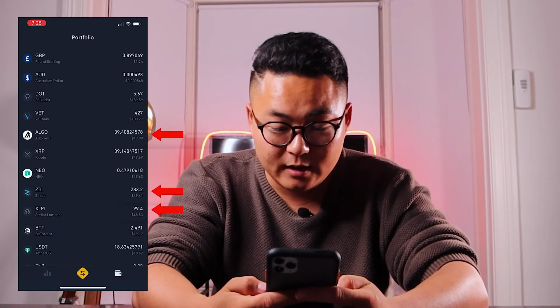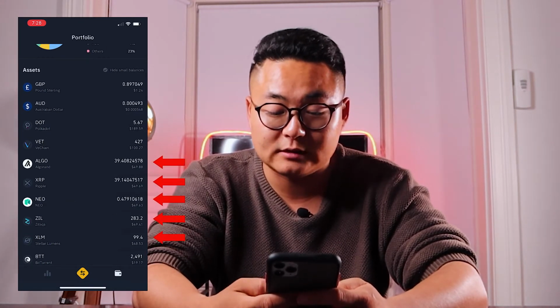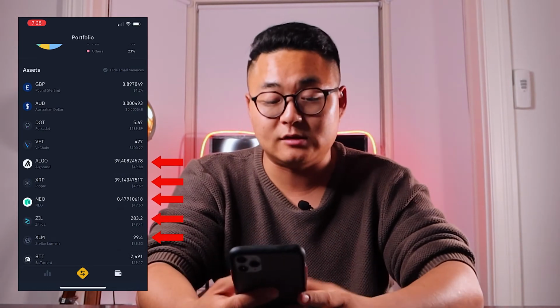We've got Algoland at 49.88, XRP at 49.69, and we got NEO at 49.63. It'll be really interesting to see how this will go. I think I've picked some pretty interesting coins. I don't know too much about Bitcoin, but I know enough to know that this is not a bad spread. I hope you give it a try yourself and let me know what kind of coins you end up investing